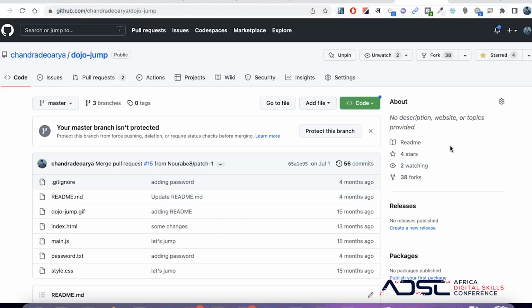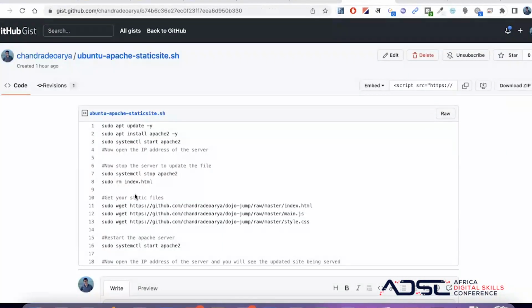So this is GitHub. This is where you store the source code, the way you store an image. Where do you store an image? In your computer, right? Same way, code is stored on this GitHub. It is kind of like online storage where you can put your code. So I'm putting my code there. Now what happened? This command, you see, gets your static files. How does it do that? Don't worry, learn. You will know. I got the file.